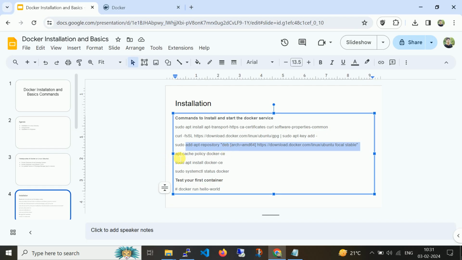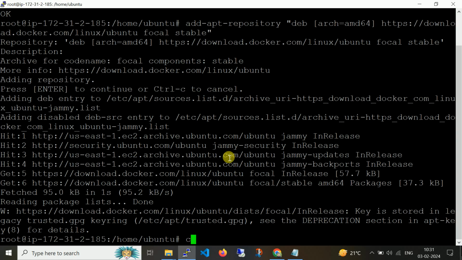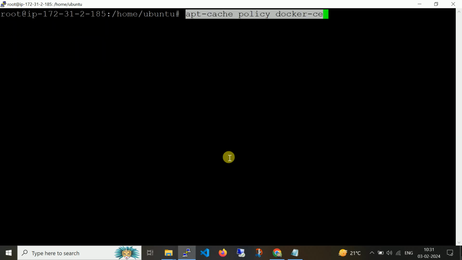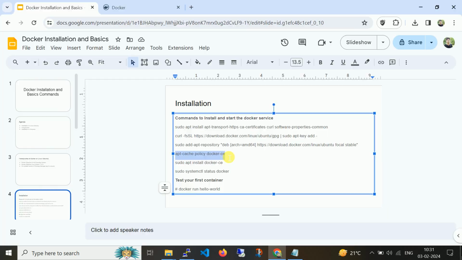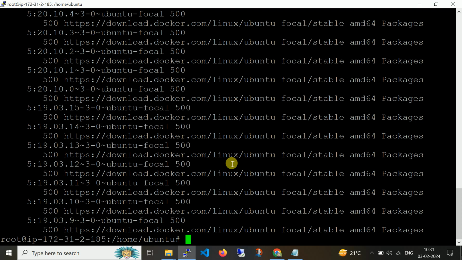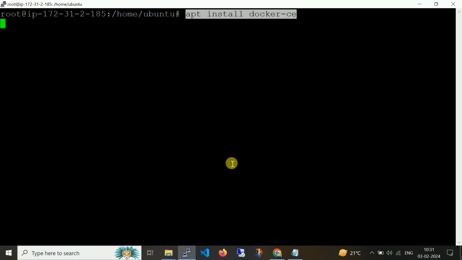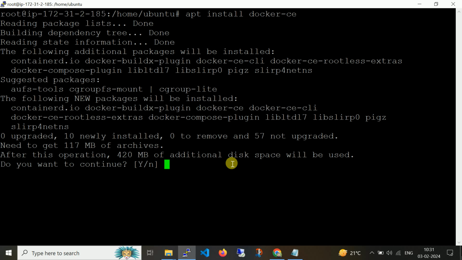Now apt-cache policy. I'm validating whether the Docker CE container engine is stable and up to date. Now apt install docker-ce. Let's click yes. So it will install the Docker CE container engine.